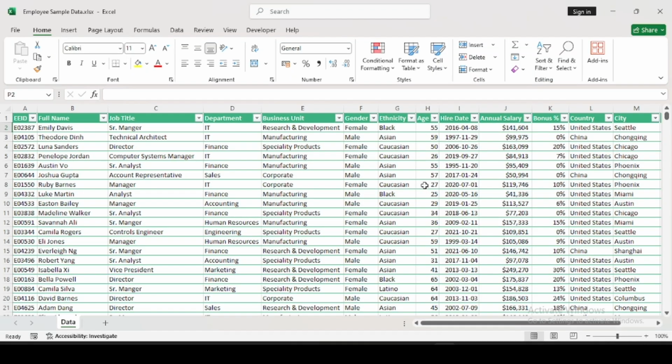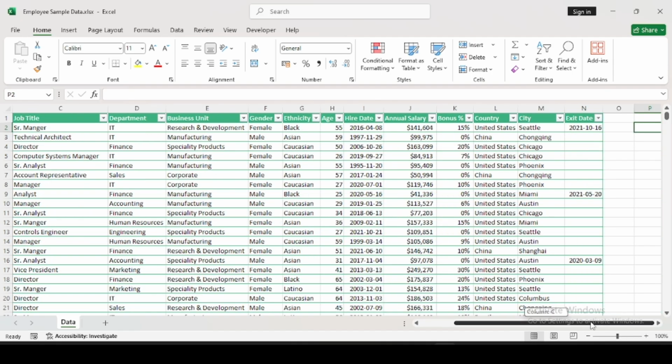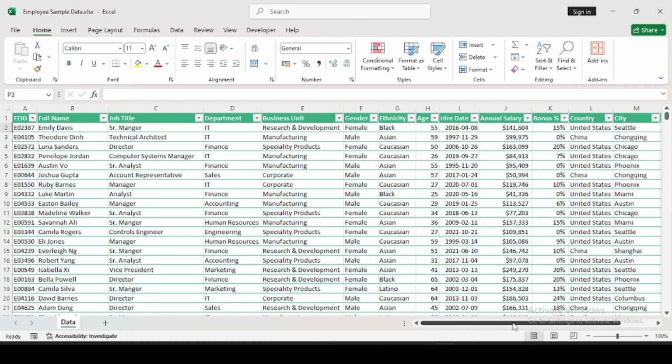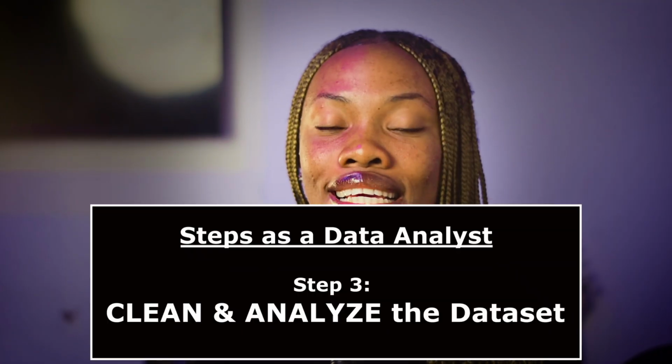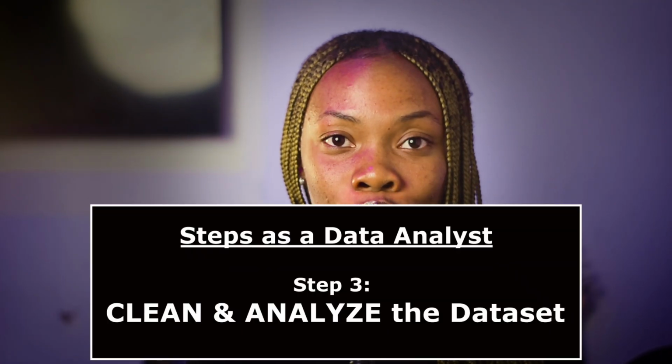Here you can see that I've opened up our employee data set. So we have columns on the employee ID, the full name, their job title, the department, business unit, gender, ethnicity, age, hire date, annual salary, bonus, country, city, and exit date. So here you can see that the columns we need for this analysis are all present. So there is no need to add or request any additional data. Then continue to cleaning your data, and this I'm going to show you how to do right here in this video,